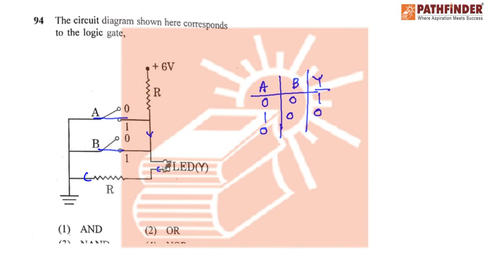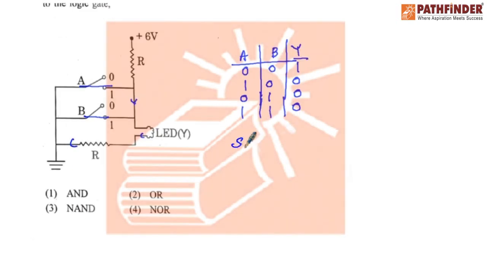It is a short circuit, so the bulb will not glow. So it is 1, hence the answer is 0. And if both of them are short circuit, again the same case, the bulb will not glow. So what you are getting,